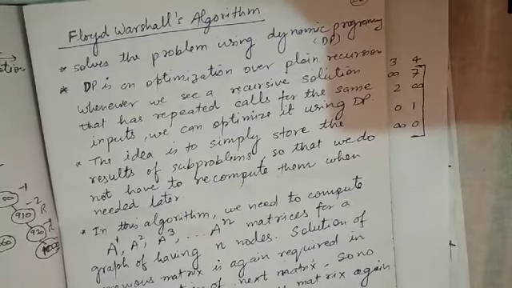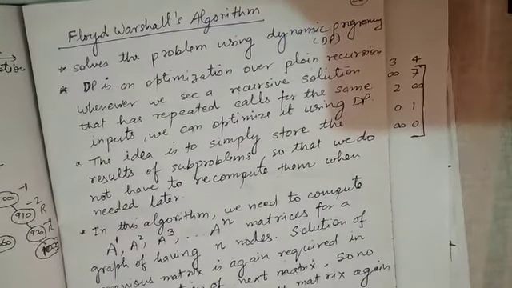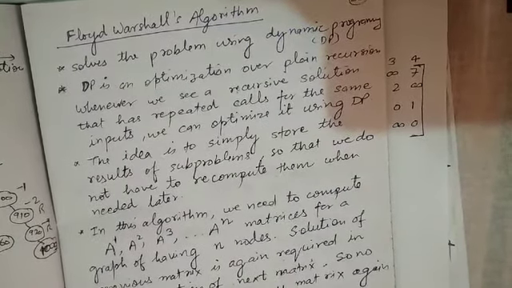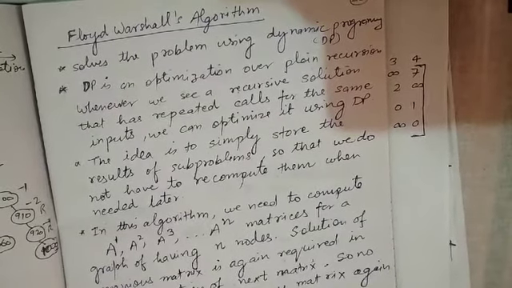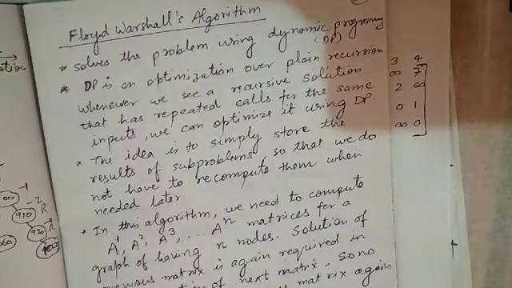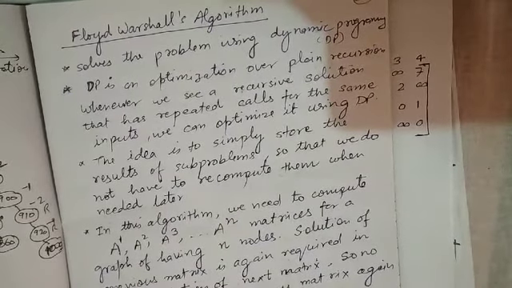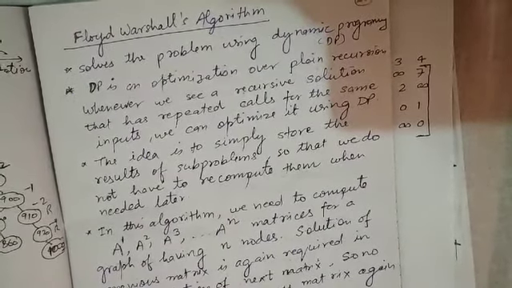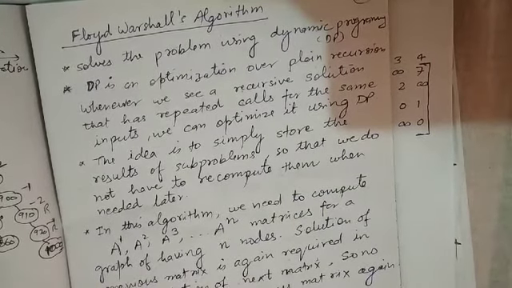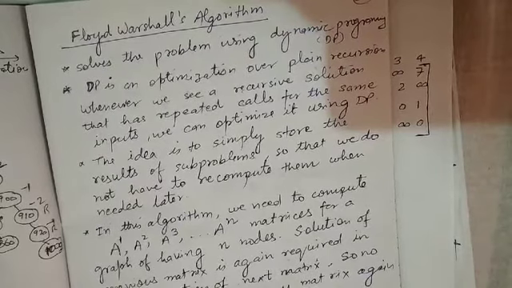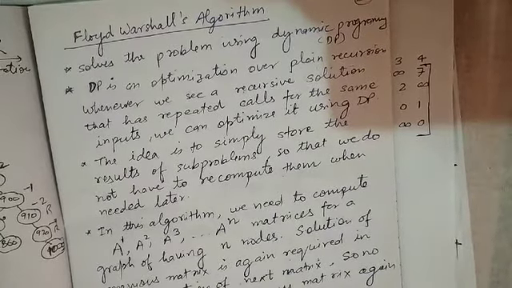The problem with single source shortest path is that the complexity comes to big O of n square, and if the same algorithm is used to find the all pair shortest path, the complexity will come to big O of n cube. Now, in the Floyd-Warshall algorithm, we see this problem is solved by using dynamic programming.